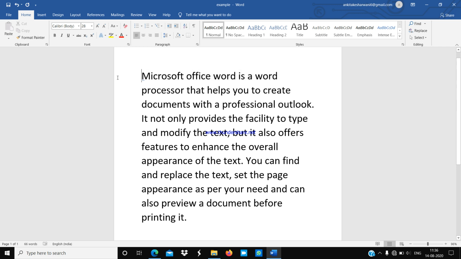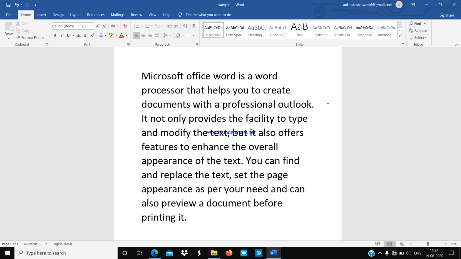These are the page margins where I am bringing my mouse cursor. This is the space at the left-hand side, and this is the space at the right-hand side. This is known as the indent. It is known as the left indent and it is known as the right indent. The spacing between the page margin and the text on the right-hand side is known as the right indent, and on the left side it is known as the left indent. So what is indent?